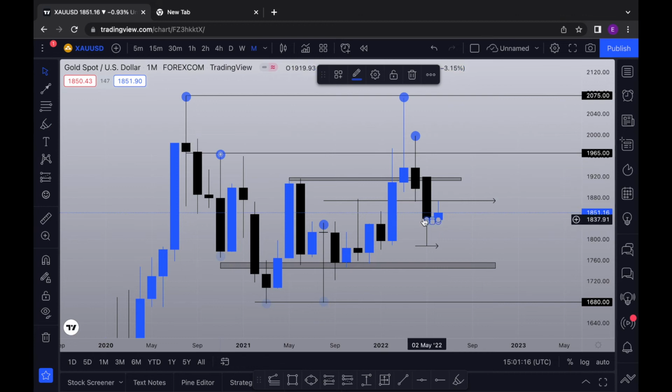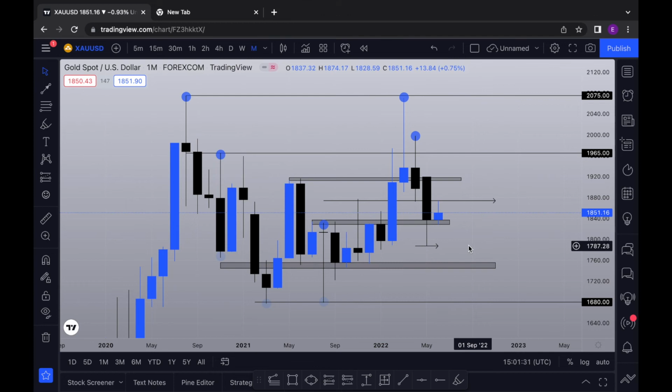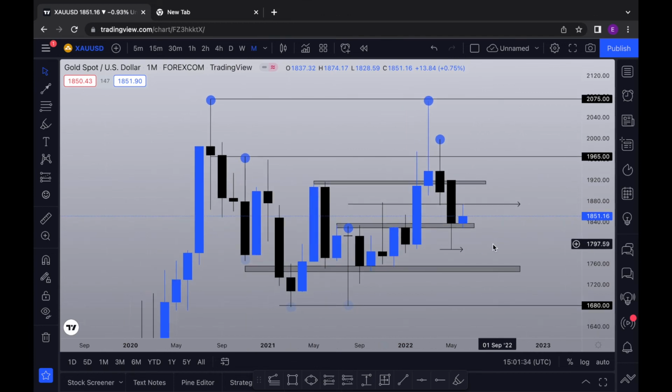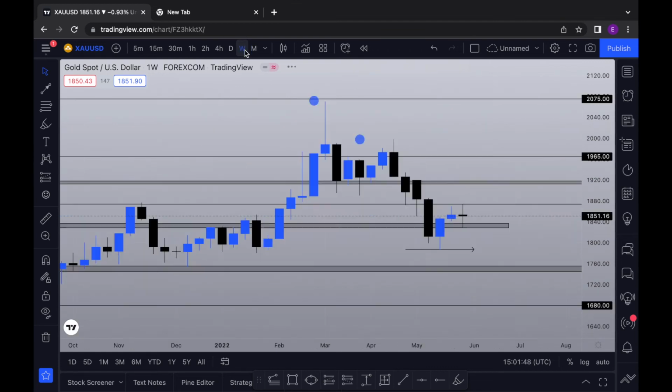If you are looking at this stuff that I drew here, it's still corresponding with this level here, kind of corresponding with this level here. So we might see gold shoot back up to this level or break this zone here, then push back down to 1761. Take note. This is just to show you what I'm looking out for on gold